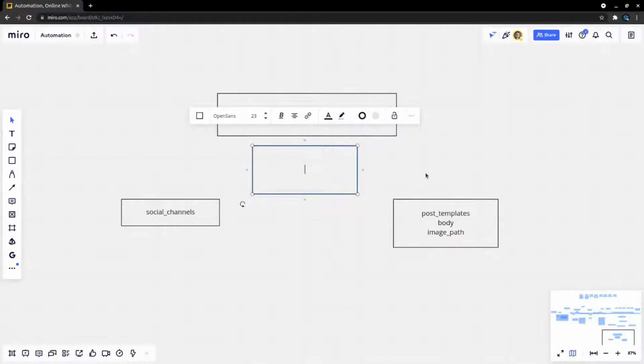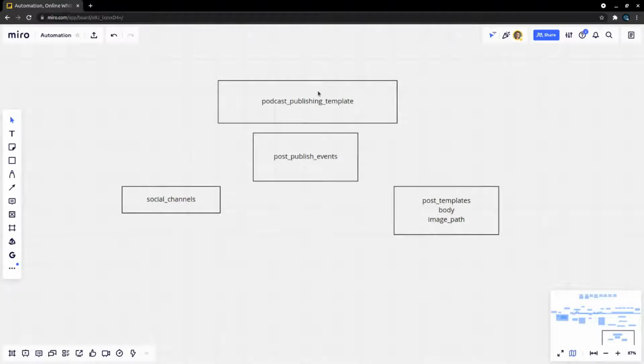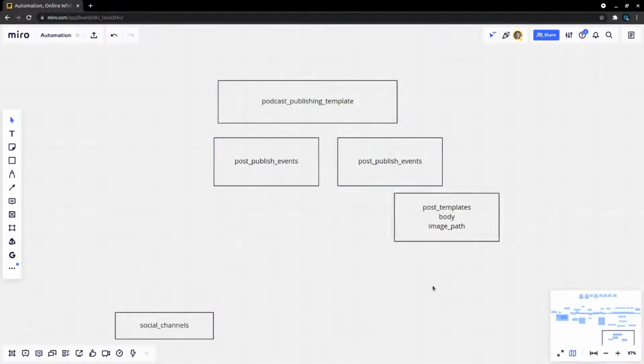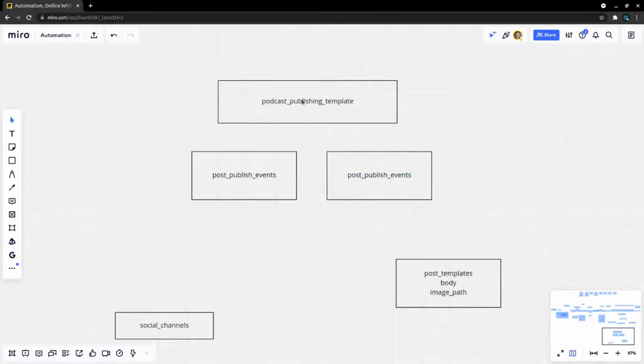And this needs to represent publishing to multiple platforms. So like post, publish, event, something like that. Maybe we can use that to form that relationship. So you've got the template, it's got multiple of these events. Let's just do that so we can imagine that we might have more than one post-publishing event.